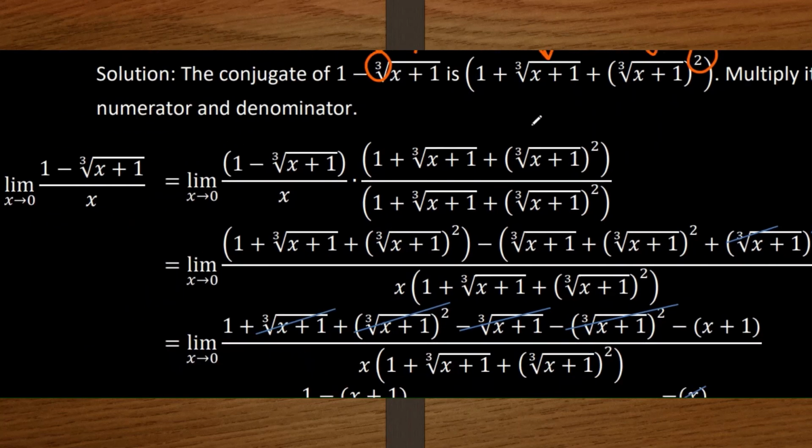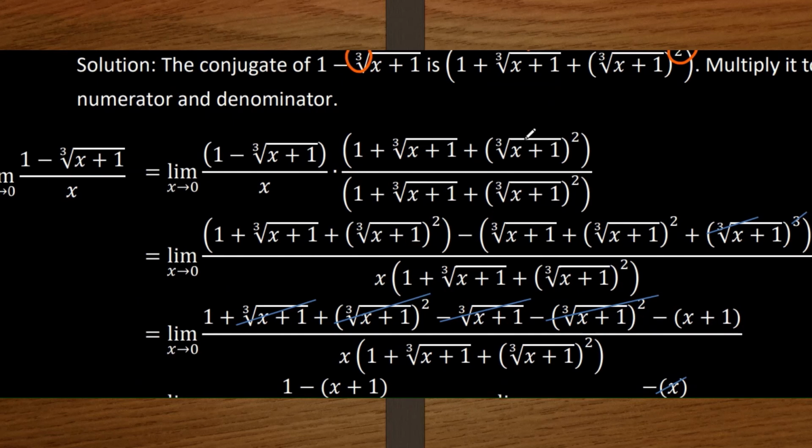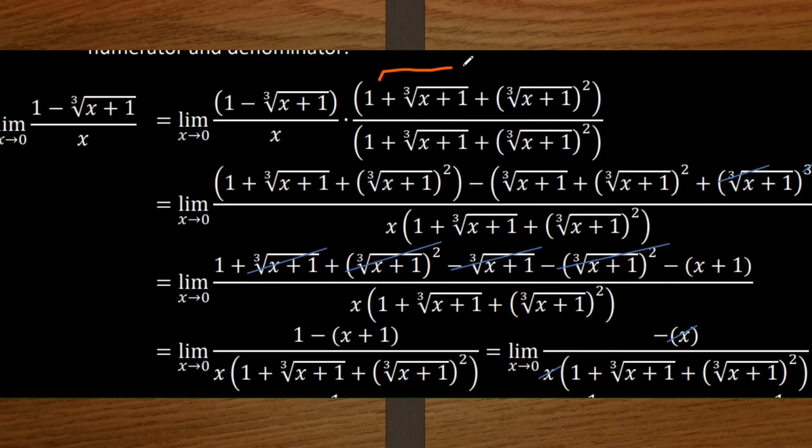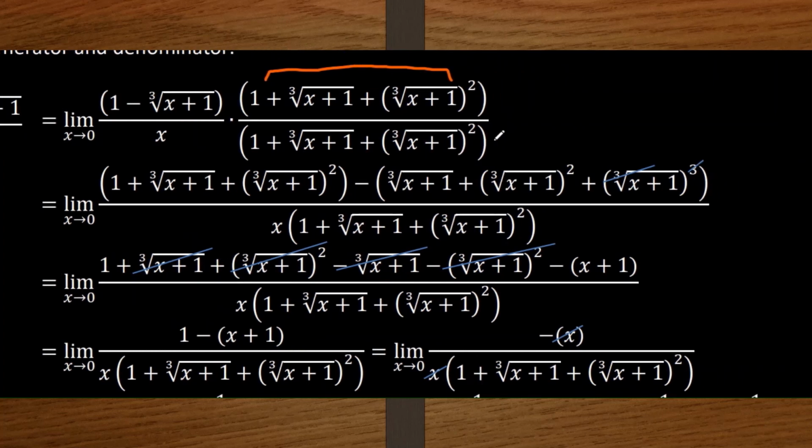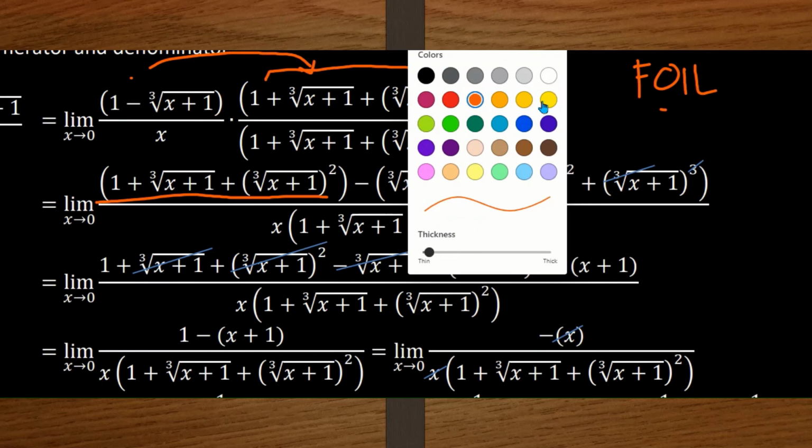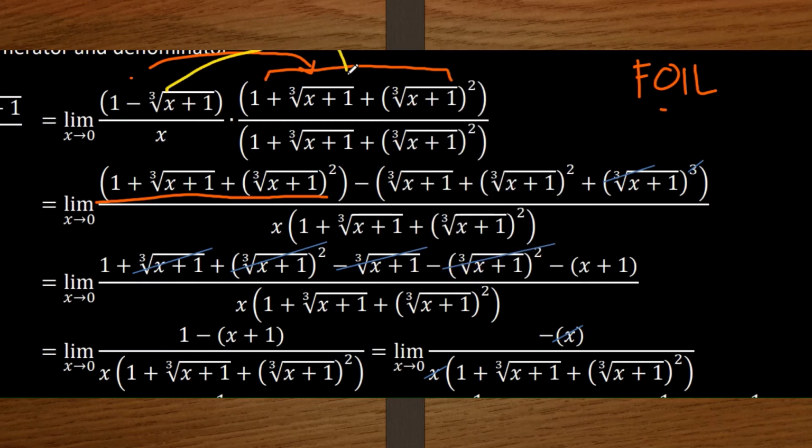Okay, so you now have to multiply the conjugate 1 plus cube root of x plus 1 plus the square of the cube root of x plus 1 to the numerator and denominator. And using now the FOIL method, your favorite FOIL method, you will now get the product of 1 times the entire quantity, which is the quantity itself. Now multiply the second term. This is the second term, cube root of x plus 1 to the entire quantity will give you, okay, we